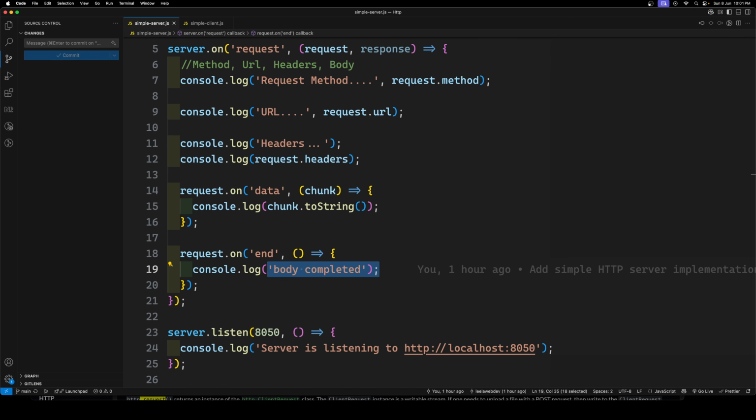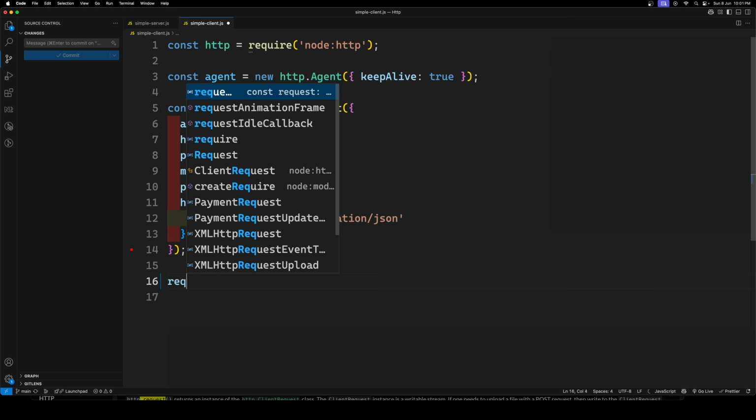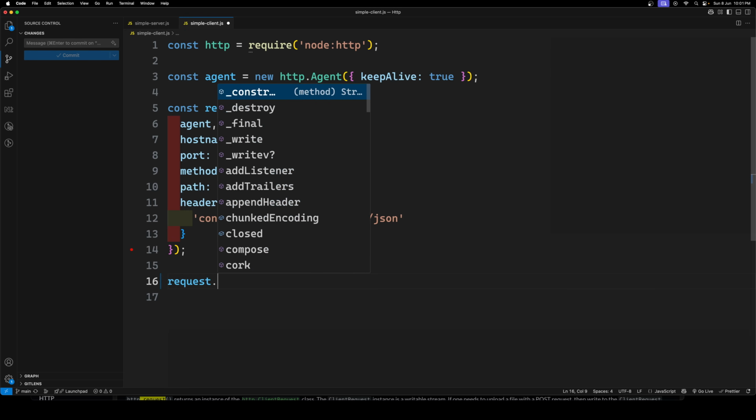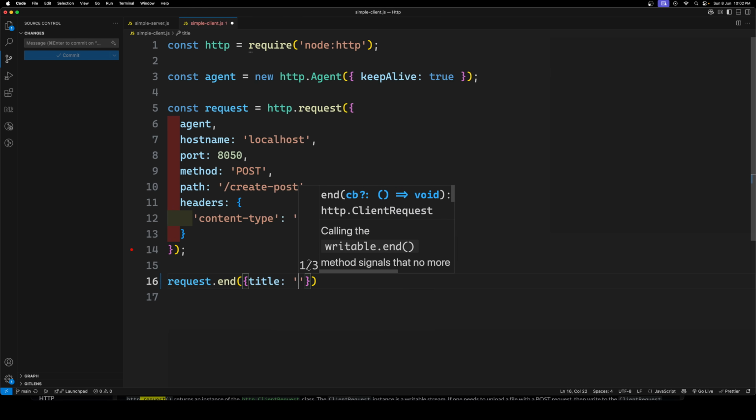First, let's create a client that sends. So now here we have created a client. The HTTP module, these are all the things we have created. Now, instead of sending it something like this, here I will try to send in such a way that request.end, here title I will send something like